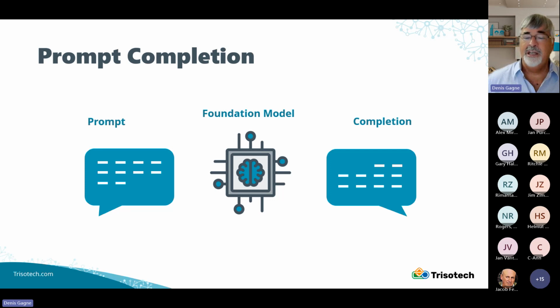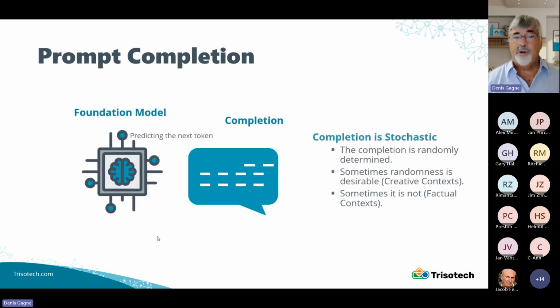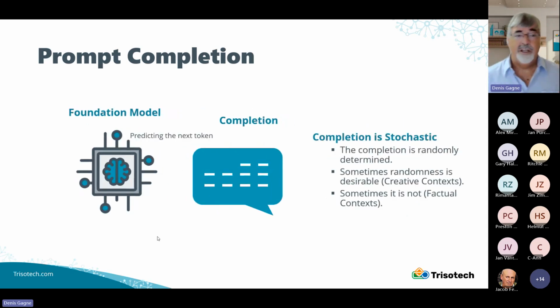And that's a little bit of the direction that I took when I started, is to say, okay, what if this is a component that has this very specific production kind of capability, and how do I attain this production rule type of environment? So in particular, in prompt completion, the foundation model will basically just try to predict the next token.